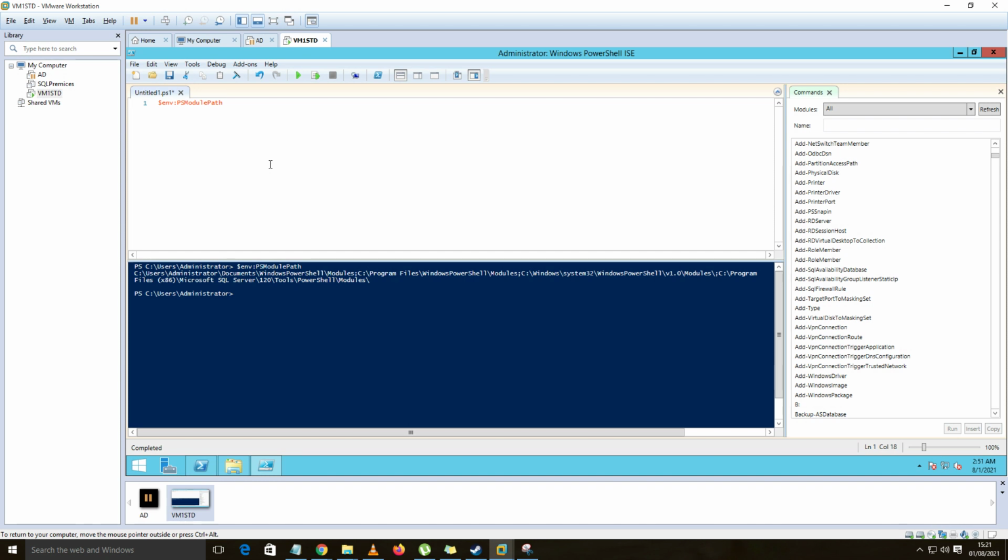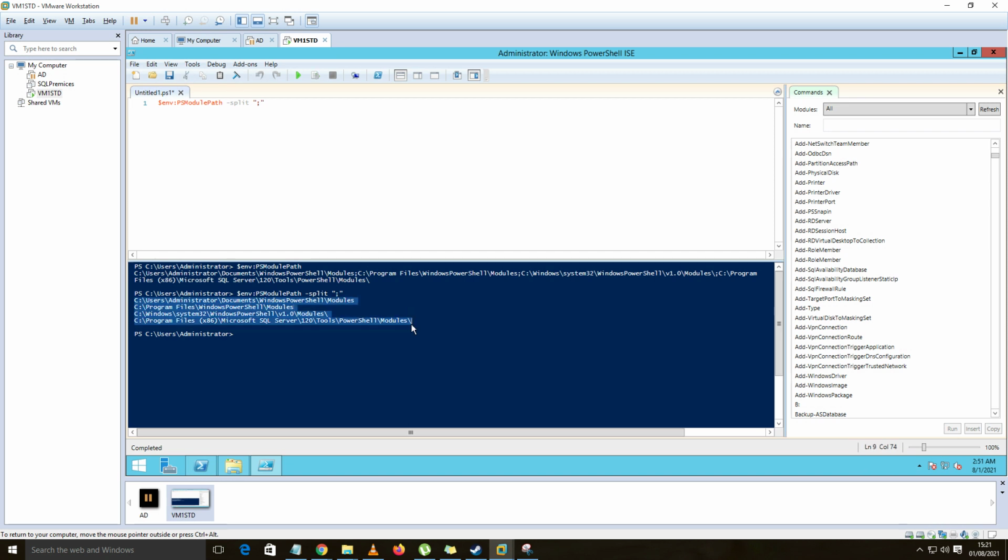Let me make it more readable. They are all separated by semicolons, so you can split them at the semicolons and read them easily. Let me copy those for more readability. Okay, these are the module paths.